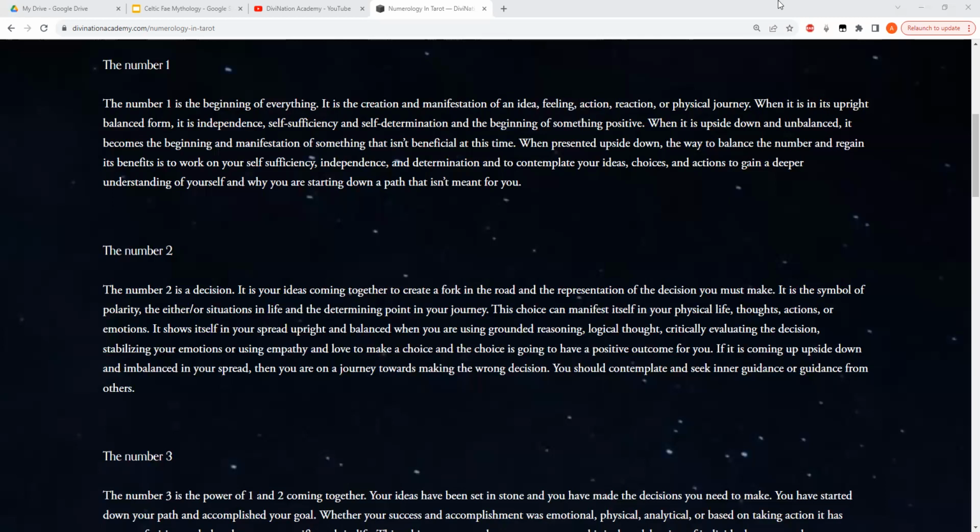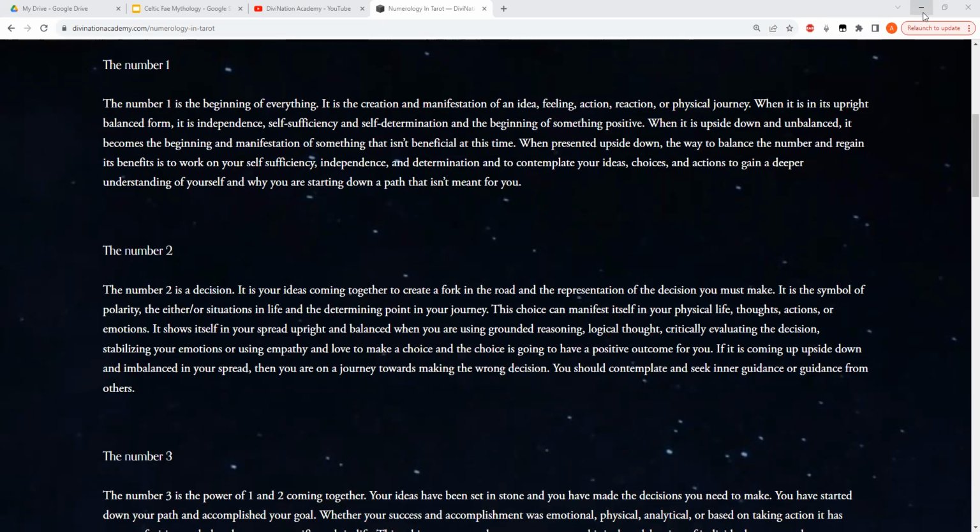So today we are going to focus, at least at the beginning of class, on the number 1. And what really makes dice reading so much different from any of the other divination tools where numerology is used, such as the minor arcana in tarot, is that you are taking the number on its own. You are not pairing it with an element like you would with minor arcana in tarot. With minor arcana in tarot, you are taking the number and pairing it with the suit, like swords, and reading them together to help discuss and talk about situations that people might be going through in certain times in their lives. Whereas with dice, the only thing that you get is a number.